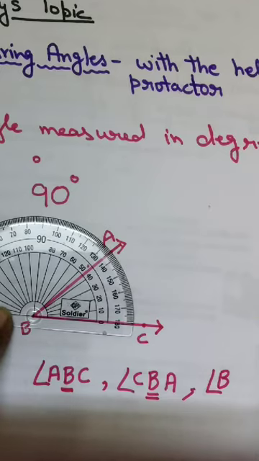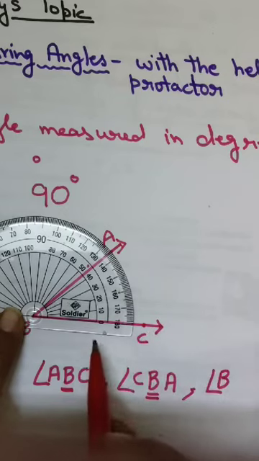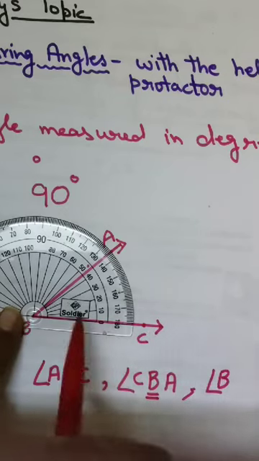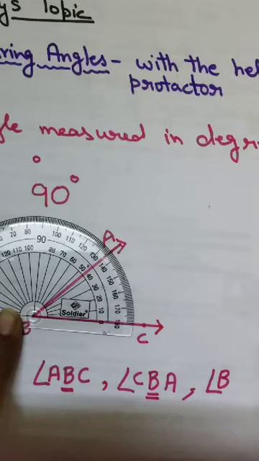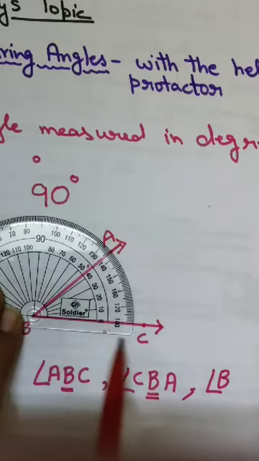After that, there are two scales that I have shown you on the protractor. Read that scale which has the 0 degree mark coinciding with the straight edge, that is BC. Where is your pen mark? Here, na? So here we have to see the 0 degree. 0 degree is on the other side also, but that we will not see. We will see this 0 degree, because here is our baseline. Baseline is in this direction, so we will see this 0 degree.